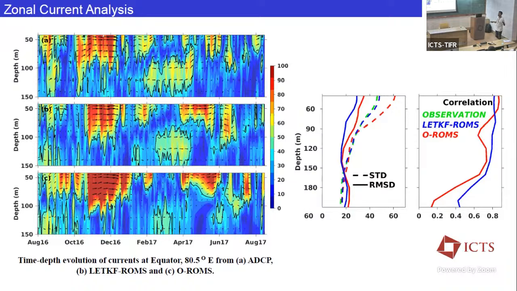Remember, we are not assimilating currents. We are only assimilating temperature and salinity. Okay, but we are looking at currents here. But this one, which is after assimilation, what happens is that it reduces the intensity of these currents and tries to bring it closer to the observation. Here also see, here there are no intense currents, but this free model has a very intense current here. With assimilation, it has reduced the intensity of this. So, which means that assimilation is kind of working.